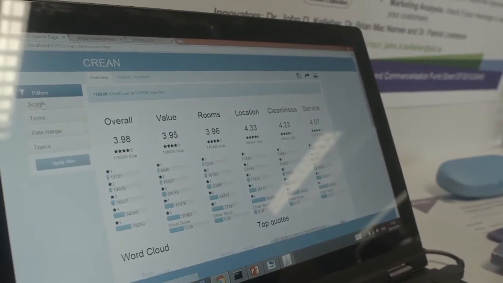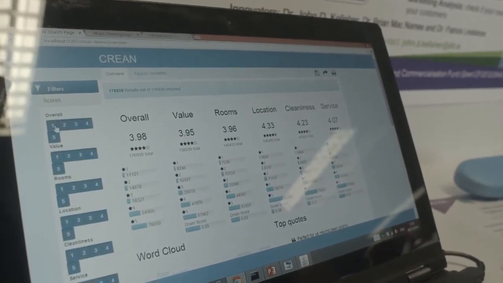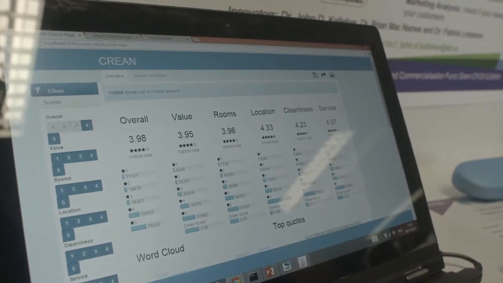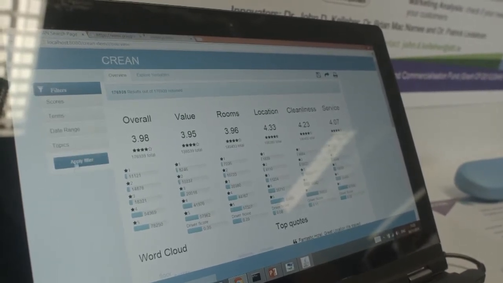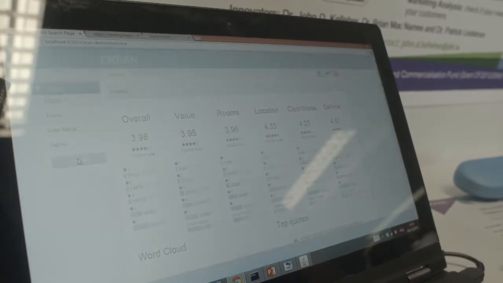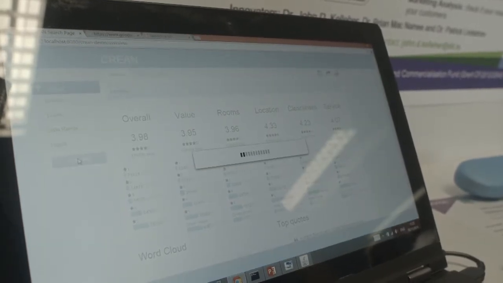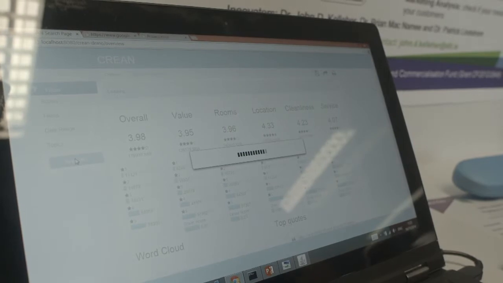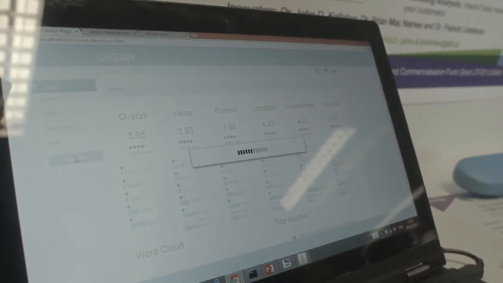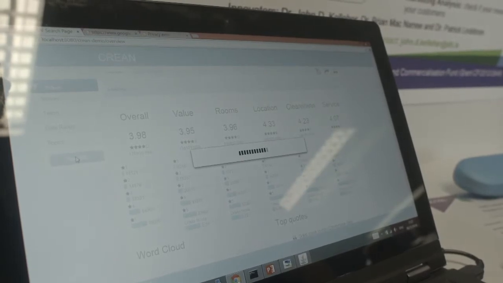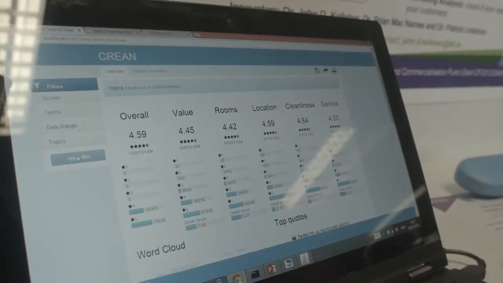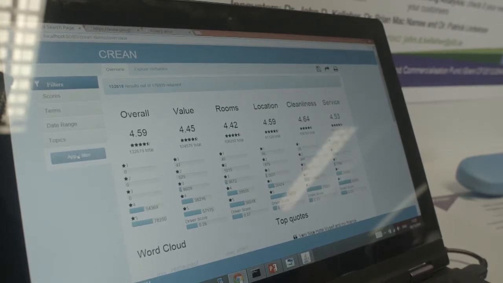So the first thing I'm going to do is select the reviews where the overall score is 4 or 5. I apply this filter, it'll take a second, and when it comes back we'll only see the high scoring reviews. Keep an eye on the driver scores for each one of these, and you'll see how they change as we filter through the data. So now we hit back with about 13,000 reviews, and you can see that the value